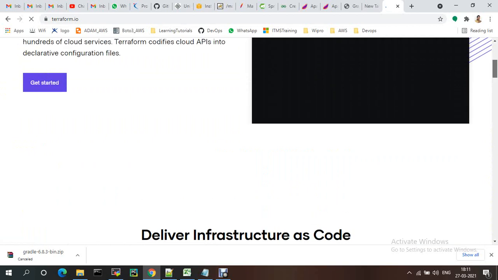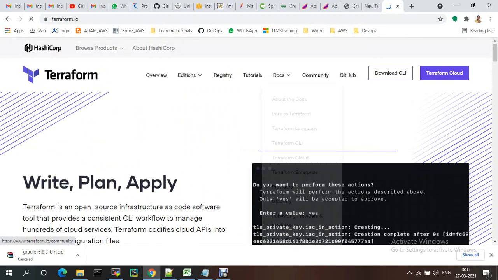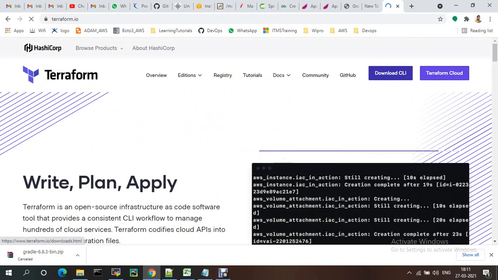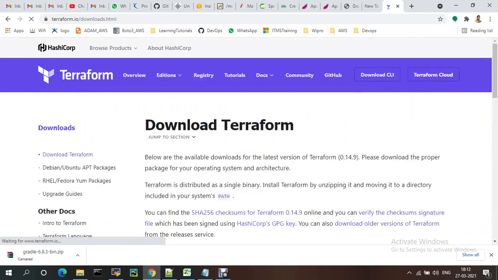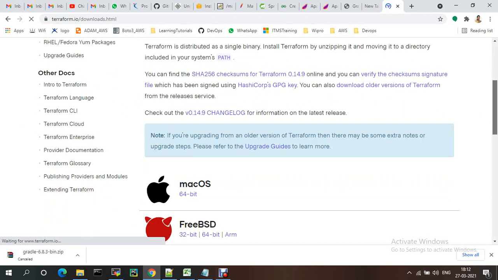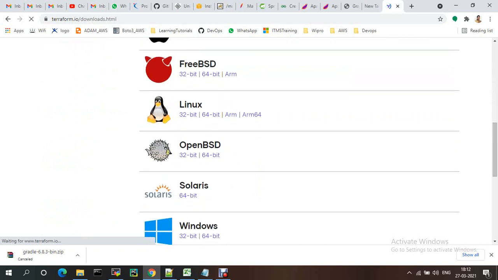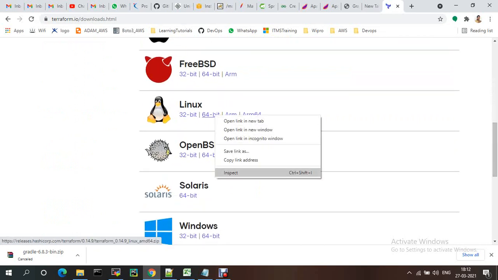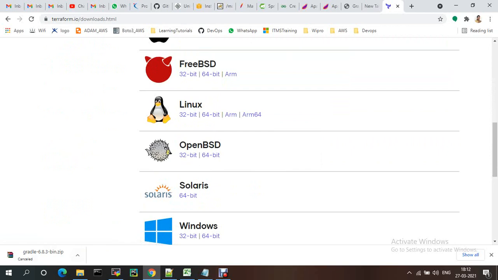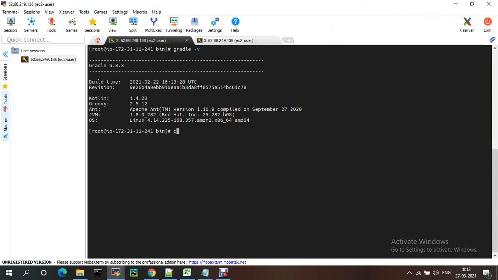If you need to install Terraform, go to download CLI, download Terraform. You need to check based on your OS. Our OS is Linux. I'm copying this link. Terraform also needs Java.